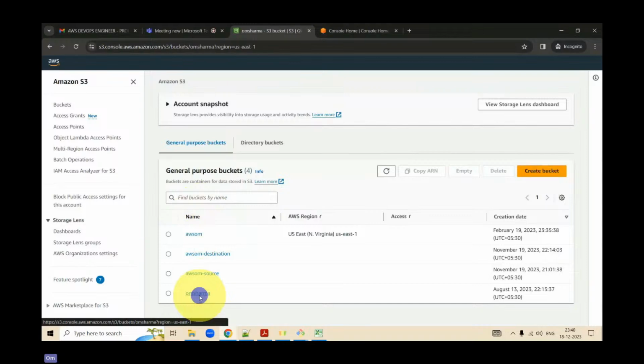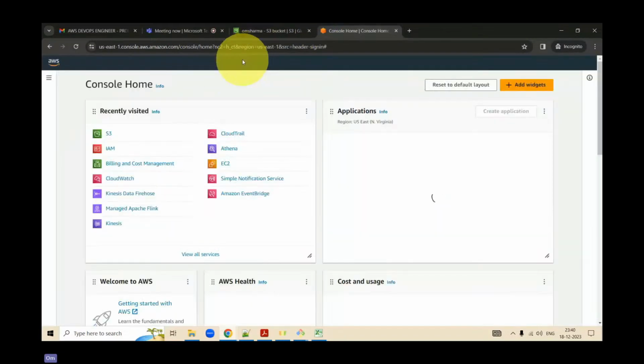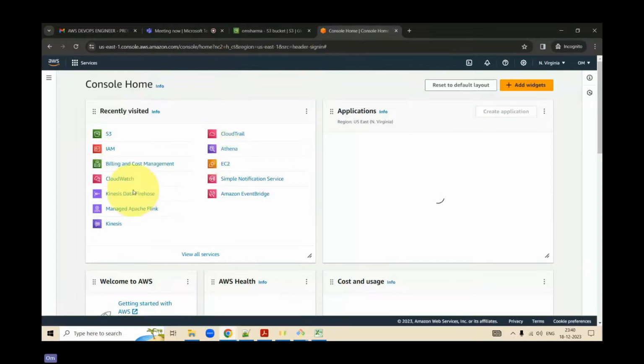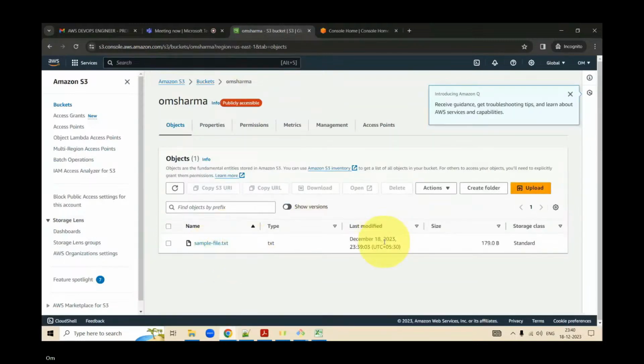Now, if you open this bucket which we have recently created, you would see the file that is inside it. You would see a sample.txt. Can you see it right now? Yes, I can see it. That is how you actually move your code from your local into an S3 bucket like this. Is the first demo clear to you?